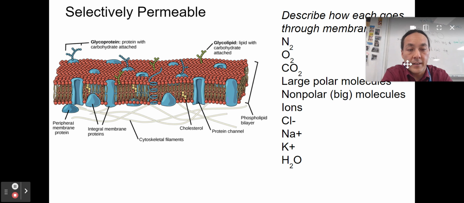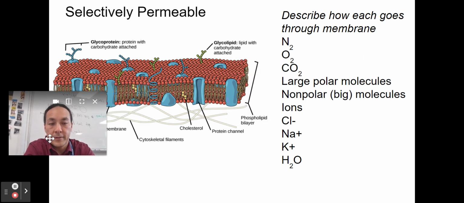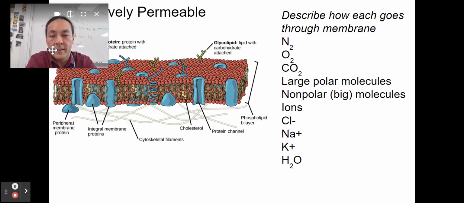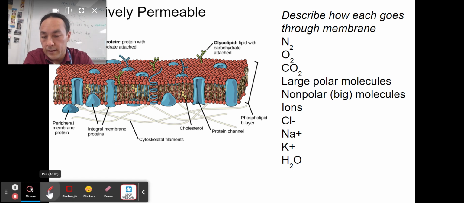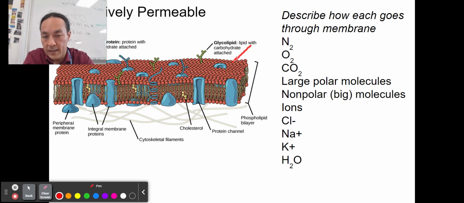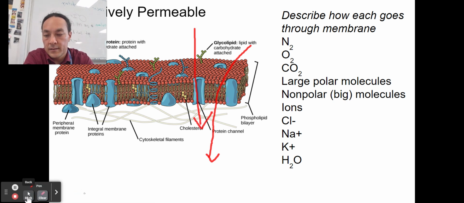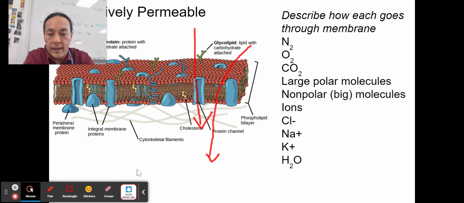So ask yourself this. For each of these molecules, how can it go through the membrane? Can it flow right through? That would mean if it's nonpolar and small, it can just flow right through. Or if it's polar or large, then it's going to have to use some type of protein channel like this. All right, so go ahead and give it a try. And hopefully you get